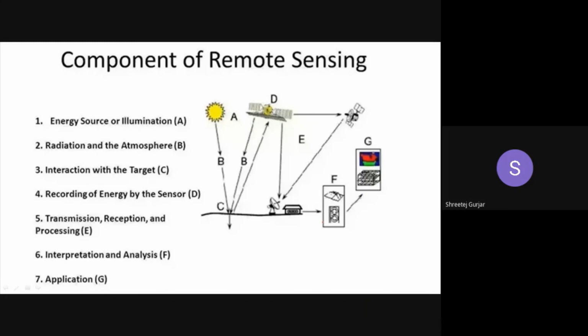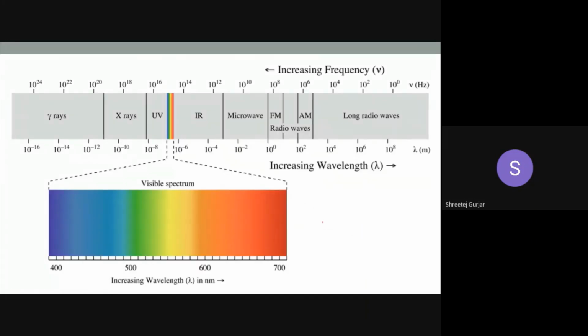Okay, moving on. Coming back to the electromagnetic spectrum, because remote sensing is also based on electromagnetic waves, right? So what we have studied previously is a part of the syllabus here also. Electromagnetic spectrum, same thing. They will ask you to explain the electromagnetic spectrum with a neat figure, right? So you have to draw this figure. You have to mention all the wavelengths written over here, and you have to mention the hertz, the frequency of these various waves, right?